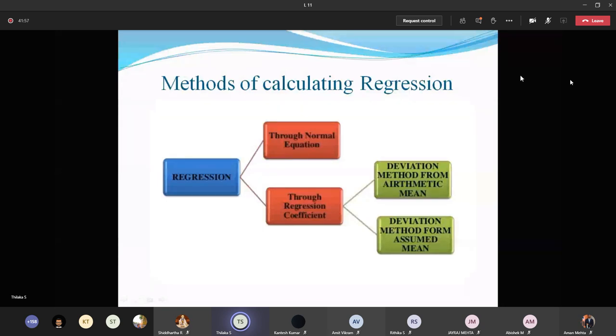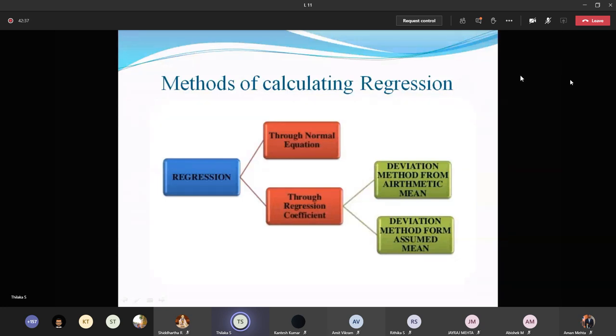The last one is the least square method, which is called the best fit, the trend line fitting method. That line is called the best fit. So out of these 4 time series methods, the last one, the least square method, is the best one. Here also we start with the linear equation, y is equal to a plus bx, and after finding the trend values you have to plot a graph. If the question asks you to plot the graph, you have to draw an original line and the trend line.